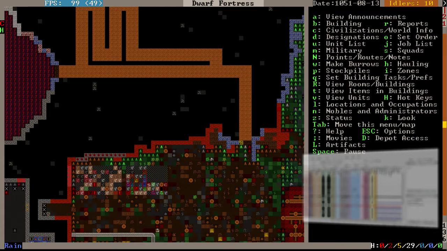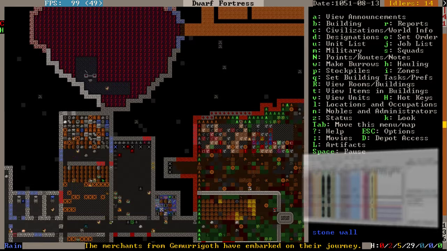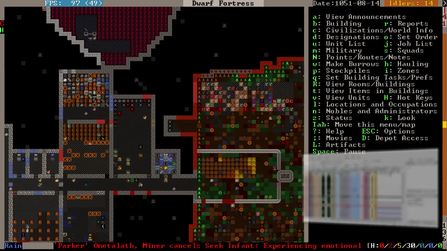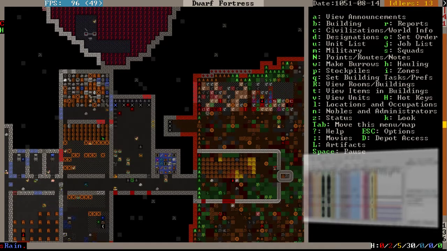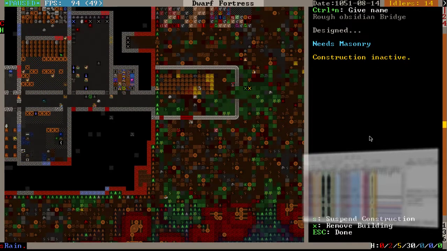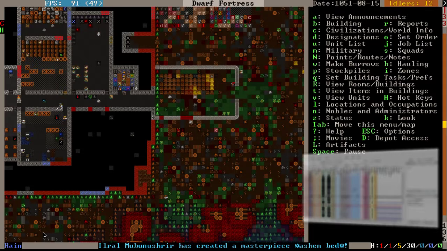You digging? You digging, lads? You getting out there? You are both dwarves, and you should be digging holes. Diggity diggity holes. They still haven't built that bridge. I'm getting concerned about that. It needs masonry. We do have a mason. He's not currently sitting in the mason's workshop, so...